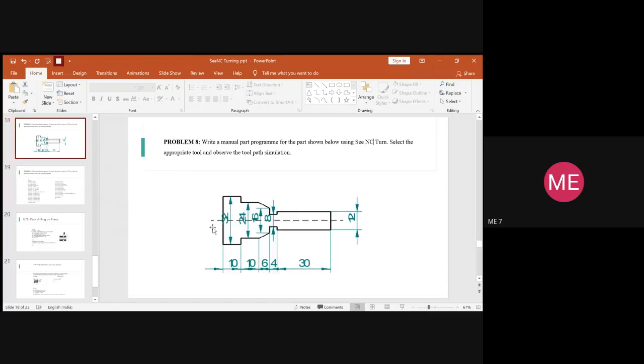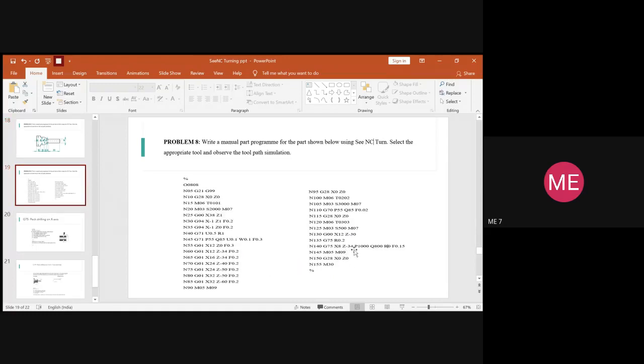And until where the Z has to be, you have to get the groove from this point to this point. So the tool has to move from minus 30 to minus 34. Why? Minus 30 will be added with minus 4. This 4 is the value of the Z-axis where you need the groove cutting, and X is the diameter along the X-axis where you need the groove. So X 8 you have assigned and Z will be minus 30 and minus 4, so it will be minus 34. So we'll write it as minus 34.